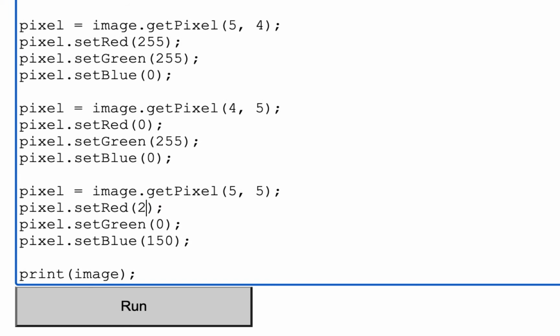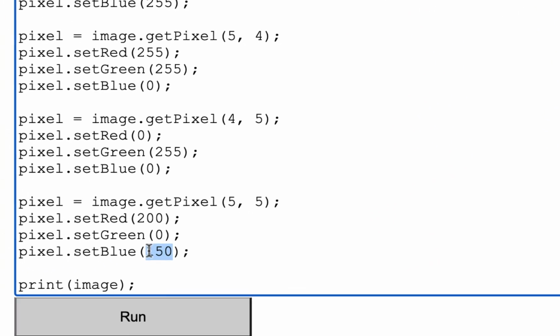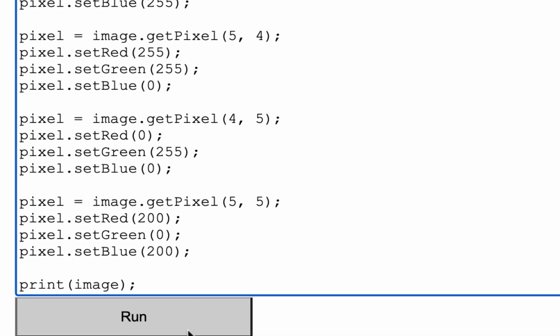If you want it brighter, you could put more red in it. Now there's more red in it. If you want this blue a little brighter, you could brighten up the blue and put more blue. Now it's going to be a brighter purple, and you could keep doing that. And if you put these numbers all the same, they'll make a gray color, whatever, but that's all